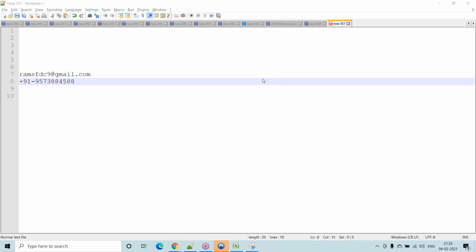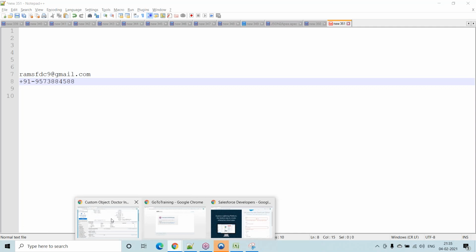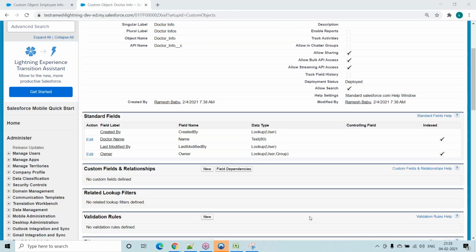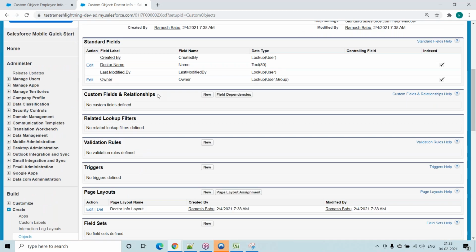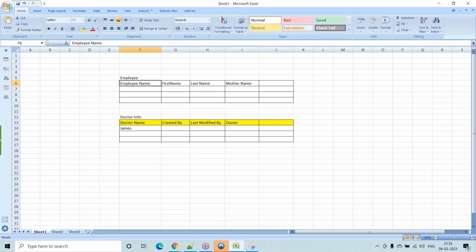Narendra: I saw you created a record with one field on the configuration page. I know records can have multiple fields, so how do you add more fields? We will discuss that in the next session. Today we created only the employee name. How to create multiple fields, we'll discuss in the next session.